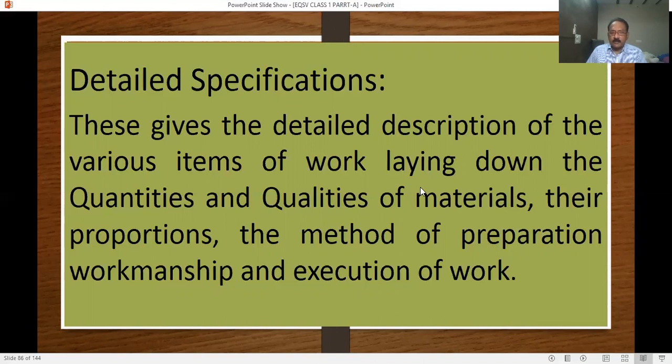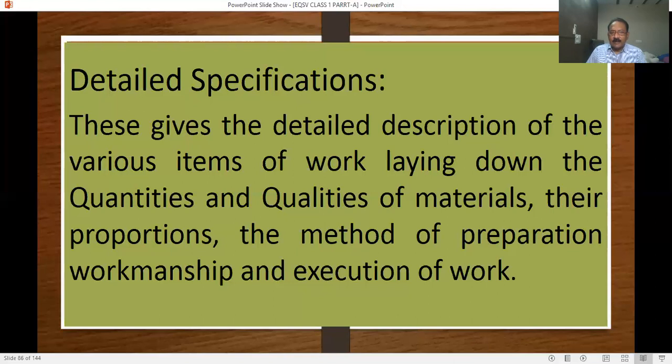What are the various items? Item by item: PCC bed, foundation, plinth beam, columns, beams, slabs, plastering, finishing, painting. These are all various items with their qualities, proportions, and quantities.